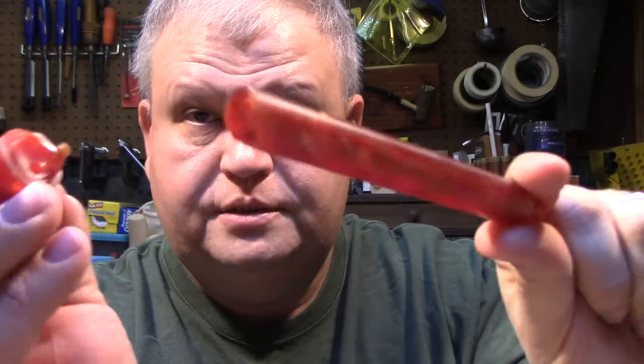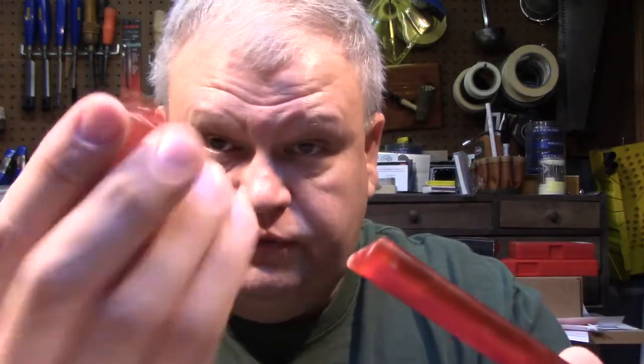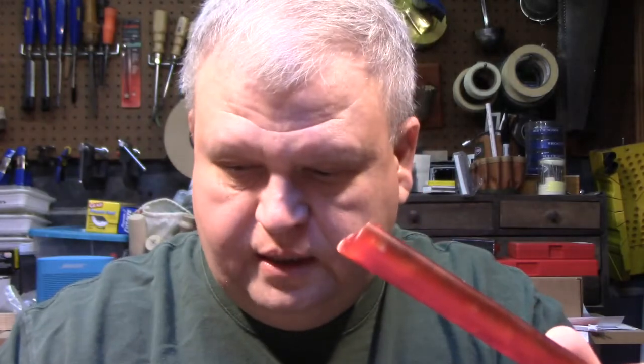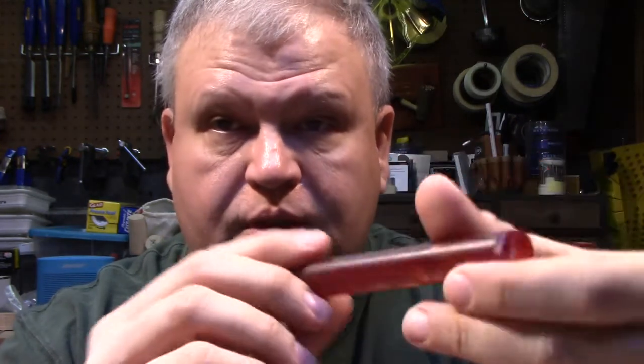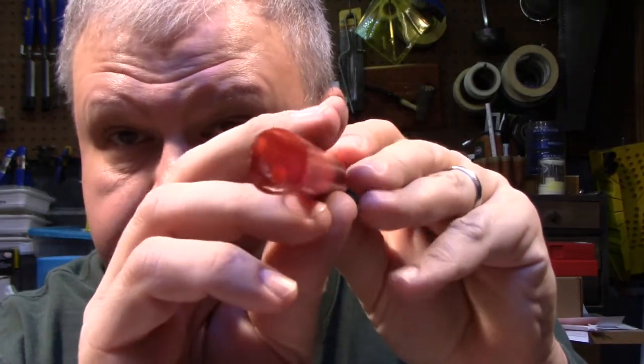So it just shattered right there and broke. And that was unfortunate, and I said a few unkind words. But then when I looked at it, I realized I was actually lucky, because I probably saved myself some additional work and heartache. Because what had happened is, if you can see where the hole was drilled there,